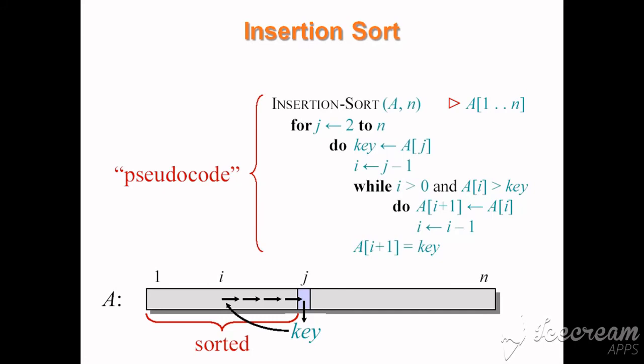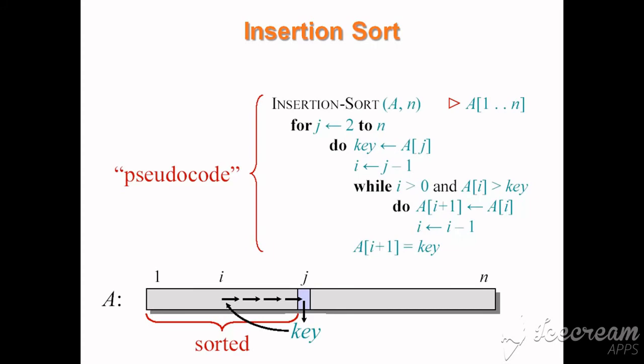The outer for loop is simply used to read the list of values one by one, and wherever we are in this for loop, every time we temporarily save the value at the current position in the variable key. We use a temporary variable key to store the current value because we have to shift values to the right, and in the shifting process we would lose our current value. That's why we temporarily save this current value in key. i is a variable which helps in moving in the left direction.